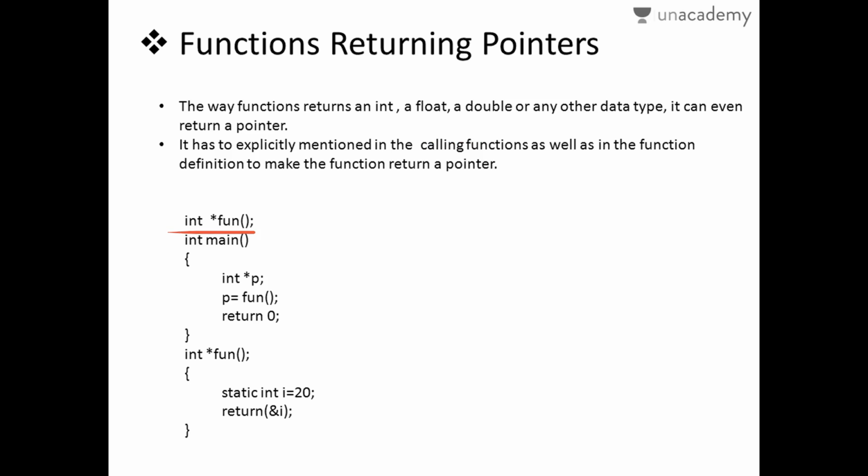For a simple example, here in fun I have declared a function, then I have assigned a pointer here, then that pointer I have assigned to this function, then return a value, close here main. When I call this function here, I ask this function to perform static int of I. That means this integer has the value 20, and I want this address of I to be returned. Address of I is function, therefore it returns to the main the value or the address of I. That is how a pointer is returned from a function.